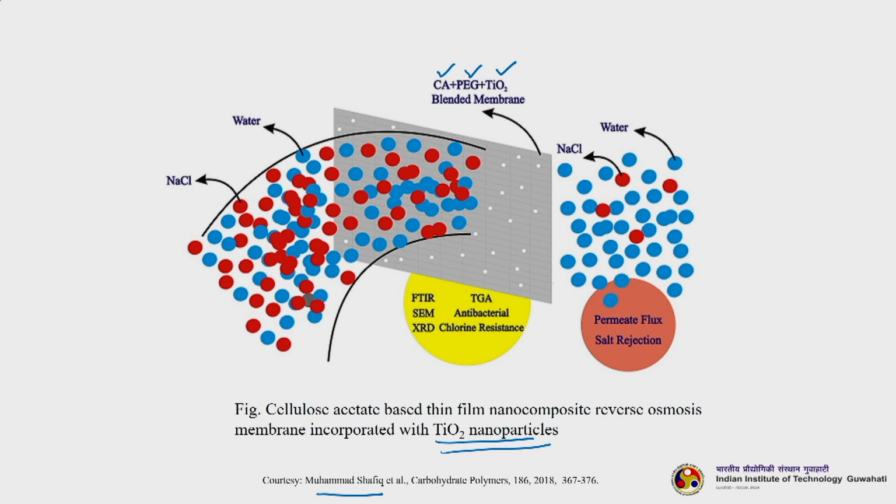So, when we talk about RO membranes, what should be their properties? It is very important to note a few things. Of course, the membrane material is very important. Apart from that, how much is the solute or salt permeability, and how much is the water permeability, because the RO membrane's job is to allow the water to pass through to the other side, thereby retaining the salt.